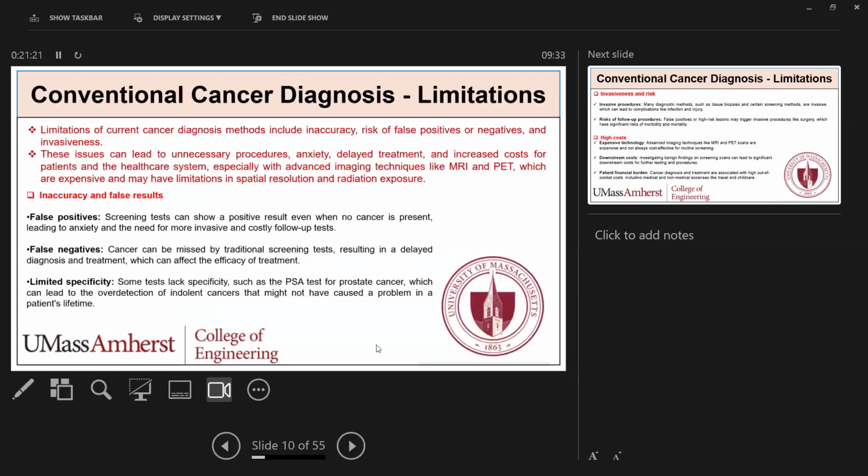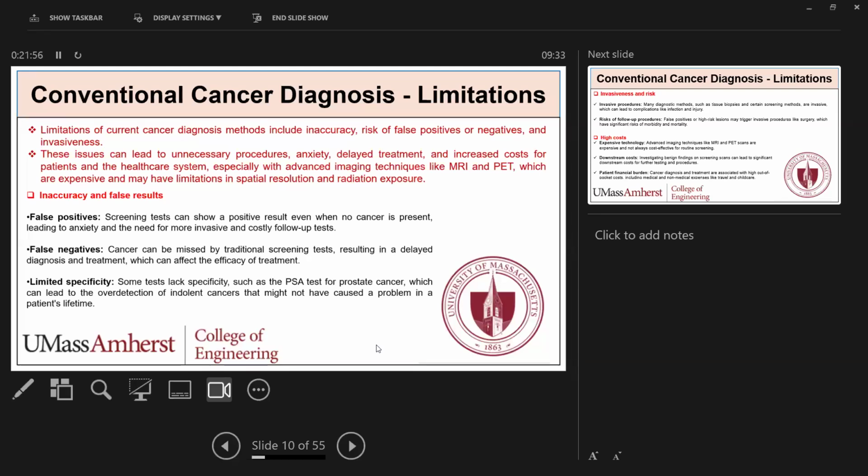You guys got it? Limitations of current cancer methods include inaccuracy, risk of false positives or negatives, and invasiveness, right? Invasiveness, like patients suffer a lot. Biopsy is not that easy. We just say in words or in slides a line saying that a small mass of tissue is collected. No, it's an invasive procedure, correct? It leads to a lot of pain for the patient and is also too pricey,